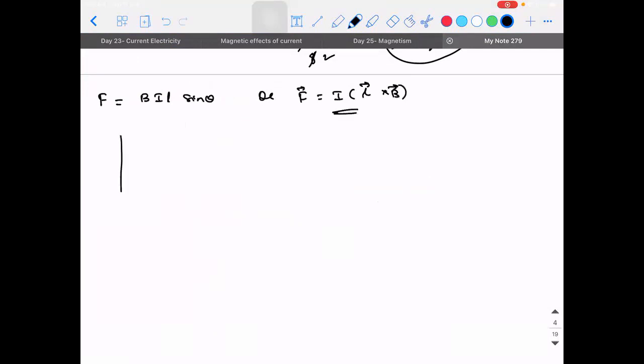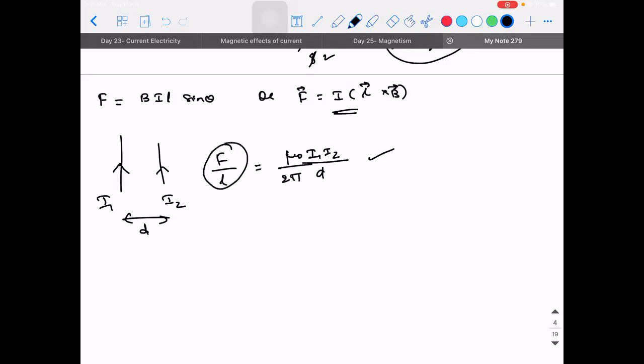So these are the formulas. Similarly, if you talk about two parallel current carrying conductors, let's say they are carrying current I1 and I2 and the distance of separation between them is D, then the force per unit length between them is given as mu naught divided by 2 pi into I1, I2, the whole divided by D. Okay. So this is force per unit length. If you need to calculate the force, you need to take the length and multiply it on the other side. So F will be equal to mu naught I1, I2 divided by 2 pi D into L.